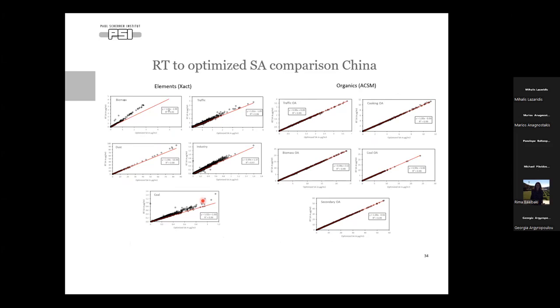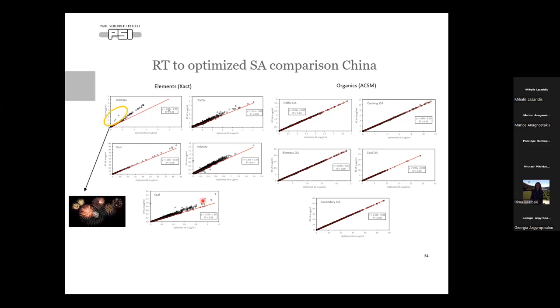So if you do not do that, of course, it's not so easy to get such good results. And also the campaigns were not long-term, so we do not know how this is going to behave if we apply the same, for example, source profiles for a year or 2. So it is a best case, but even in this case, we see that if set up properly, then the real-time can work.